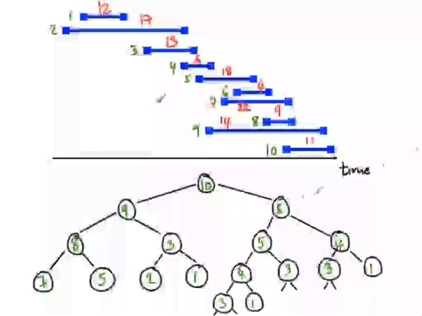So here we have drawn a part of the recursive call tree that the algorithm will execute for the example that we had before. So we'd start with a max profit of 10, and max profit of 10 in return would require us to compute max profit of 9, which is what happens if we decide to ignore 10. Or if we include 10, then we have to exclude 9, 8 and 7, all of which overlap, so we have to compute 6. In the same way, 9 will generate 8 and 3, 6 will generate 5 and 4